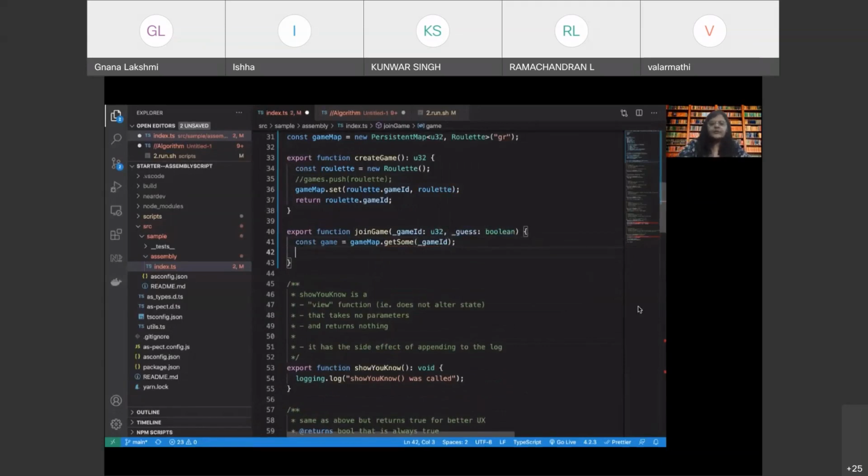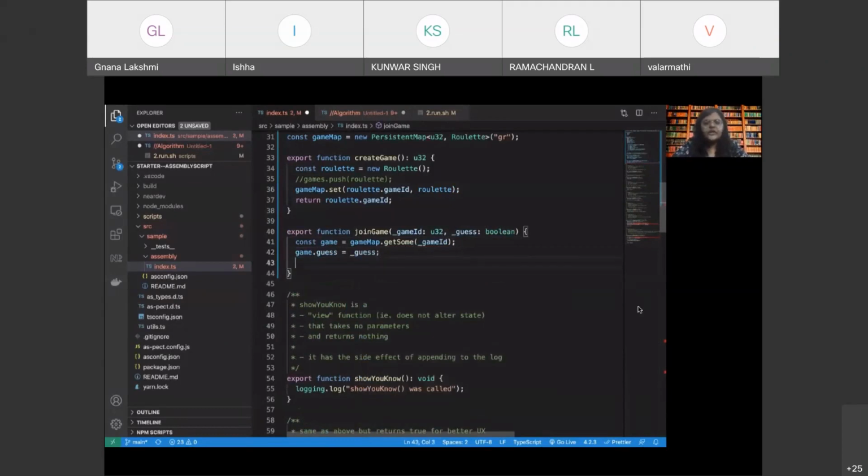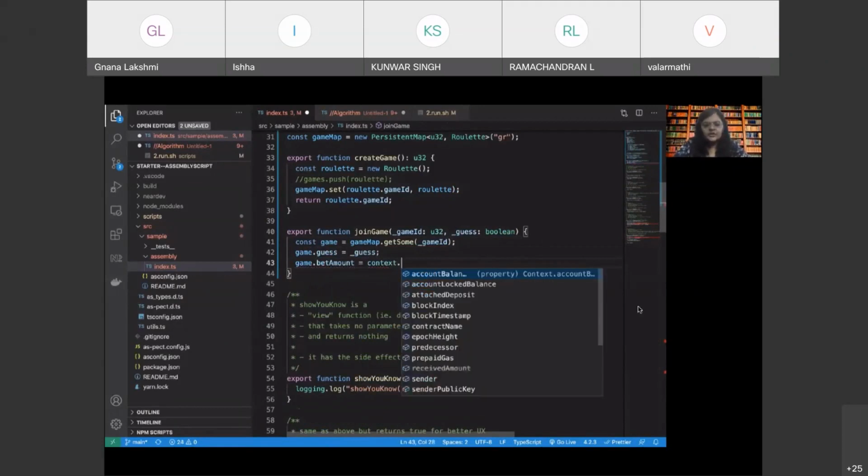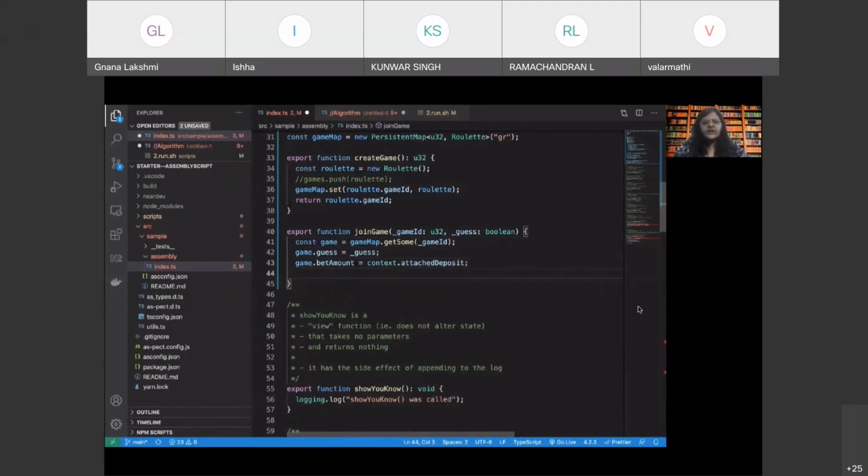Now I'm going to say that the game dot guess is equal to the guess that has been given by the user, right? And the game dot bet amount is also something that we need to update, right? So now we are going to say context dot attach deposit. How much did the user send, right?